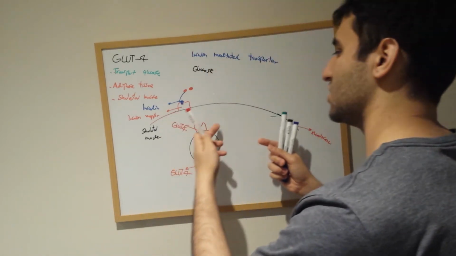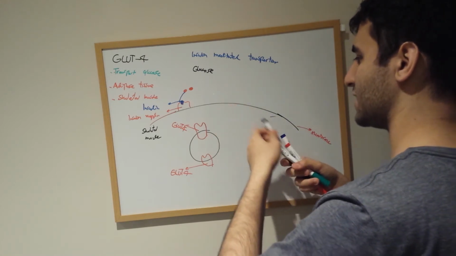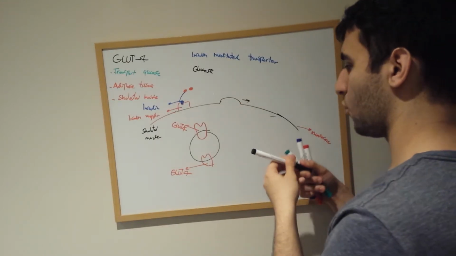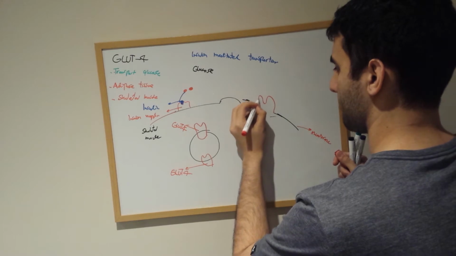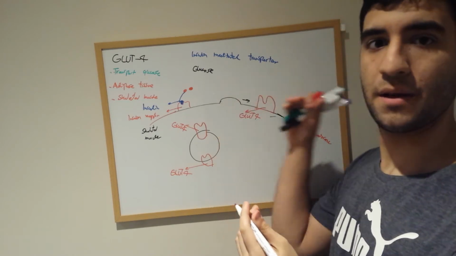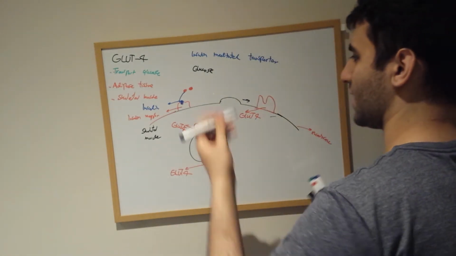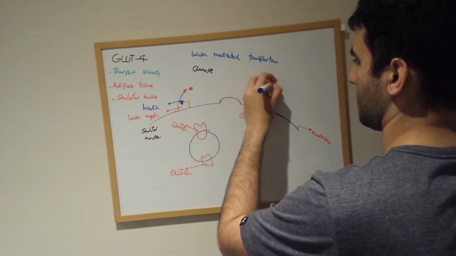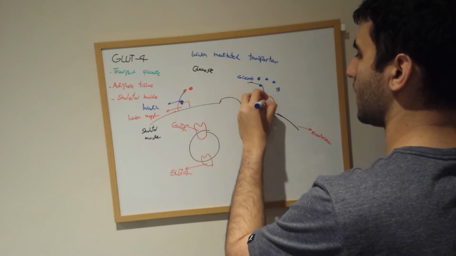What does exocytosis mean? Essentially leaving from inside the cell to outside the cell, and that leads to the formation of the GLUT on the surface. So this is GLUT4 being formed on the membrane of the skeletal muscle cells. So we have that now. Then we have the glucose molecules floating around outside the skeletal muscle here. They go and bind to this